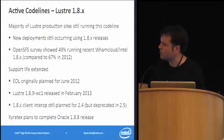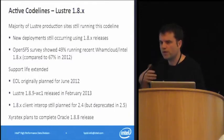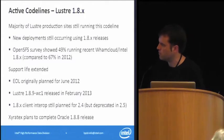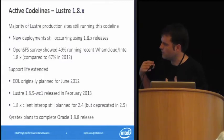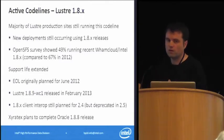The main driver there is we've been trying to keep 1.8 support with 2.4, so some changes were required for that. We did discuss 1.8 and the ongoing life of it on the CWG, and the decision was made some time back that 2.4 would be the last release that we would support interop with 1.8 for,